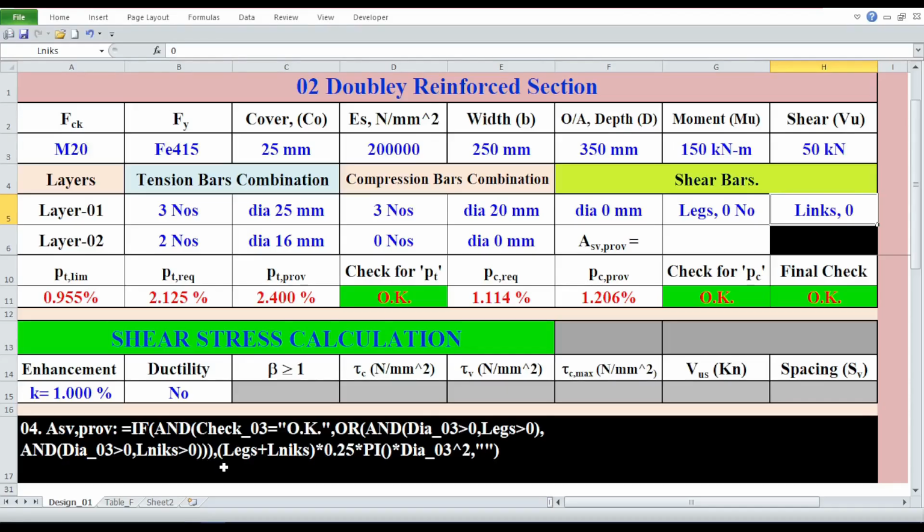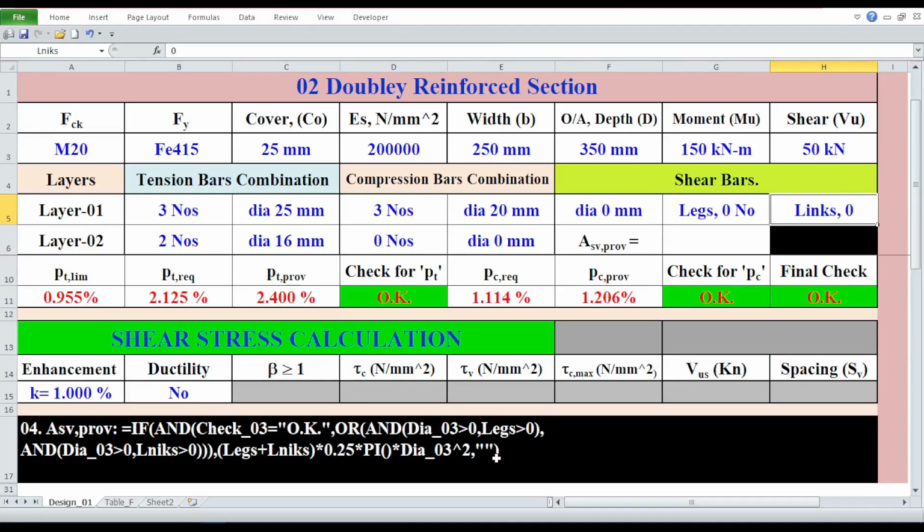Then, comma, if that's true, we'll calculate, open parenthesis, legs plus links, close parenthesis, multiplied by 0.25, multiplied by pi, that's pi, open and close parenthesis, multiplied by dia_03 to the power of 2. Otherwise, if the initial conditions aren't met, we'll leave it blank, represented by 2 quotation marks with nothing in between,